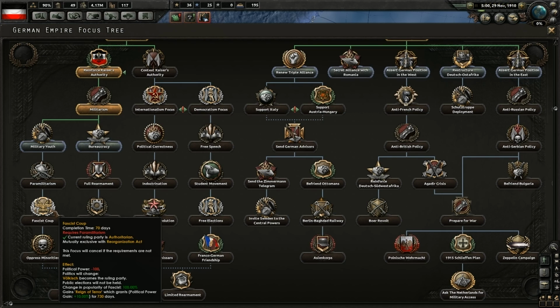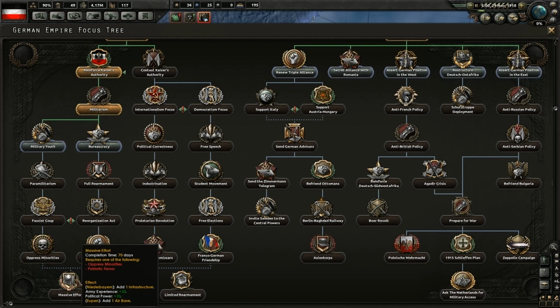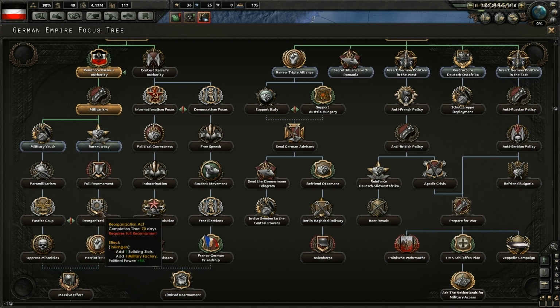Elections will not be held. Change in popularity to fascist. Gains Reign of Terror, which grants political power 10% for 730 days. Oppress the minorities. Ooh. Grant land doctrine research time 10%. Okay, the research times all go up. Gains ideological fanaticism, which gains national unity 5%, division attack on core territory 10%, division defense on core territory 10%. So basically, when you're home,